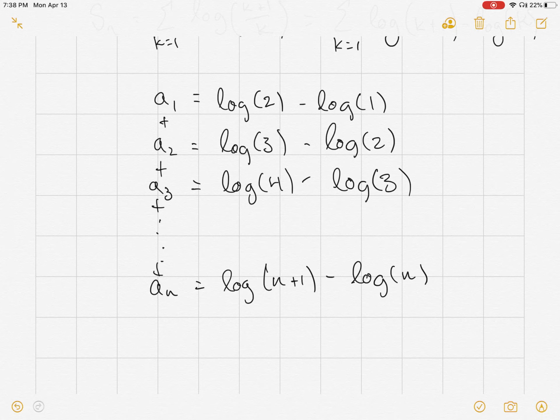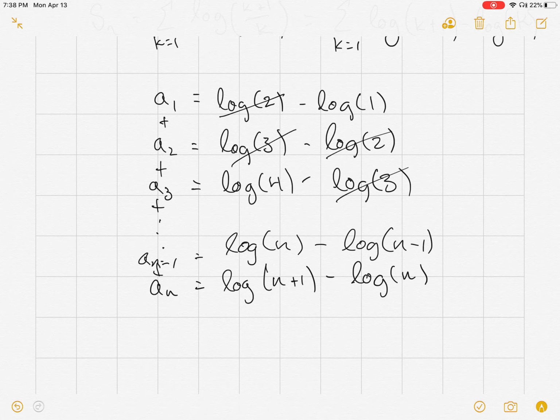And what we'll notice is that for each term, in the next term, we have something that cancels out. So in A1 and A2, we have a log of 2 and a negative log of 2. Similarly, in A2 and A3, we have a log of 3 and we have a negative log of 3. In our A(n minus 1) term, which I'm going to write in right here, which is log of n minus log of n minus 1, right? We have the log of n and the negative log of n. This is also going to cancel out with something up here. And so in the end, when we have our total summation